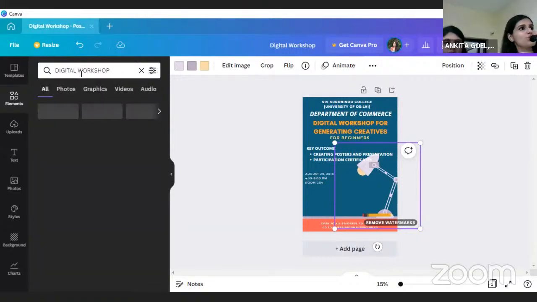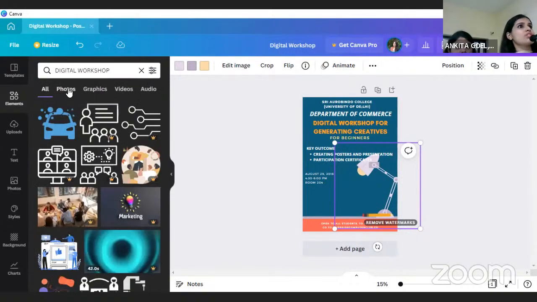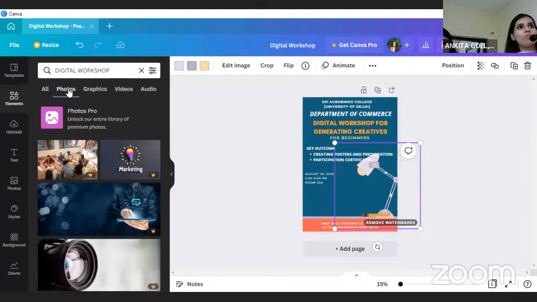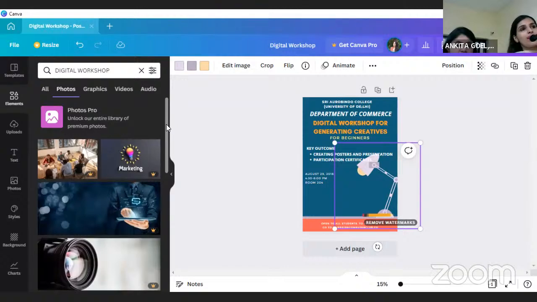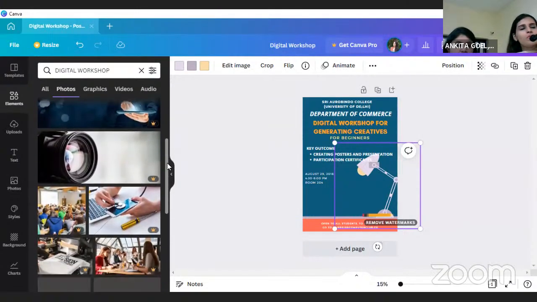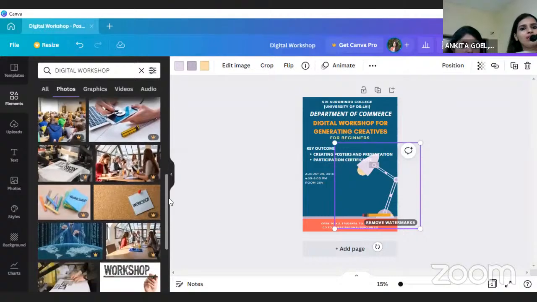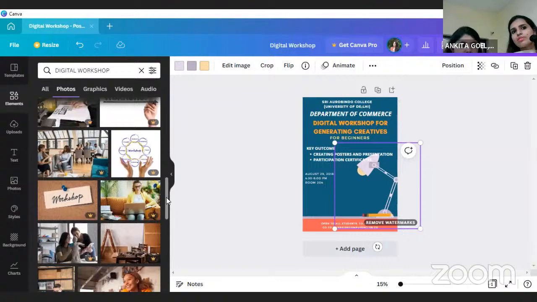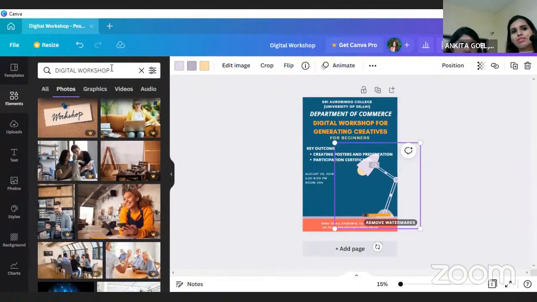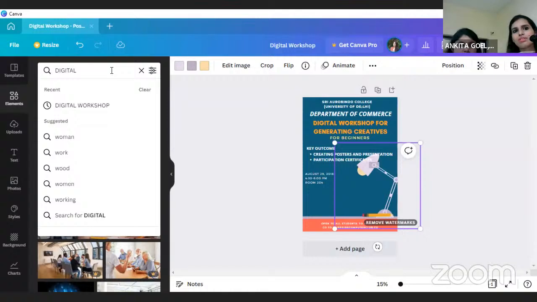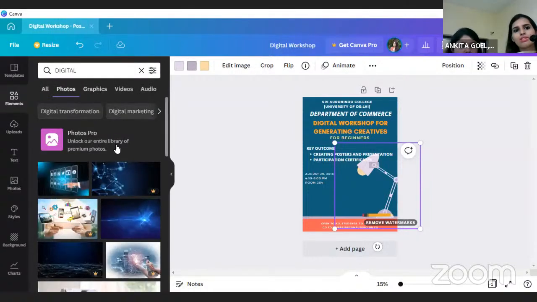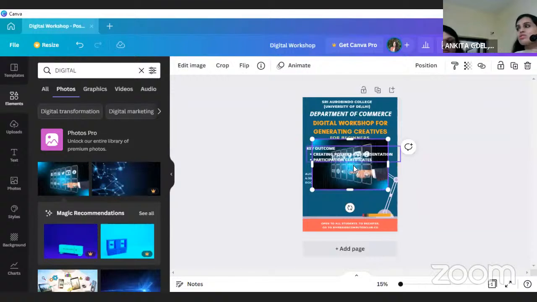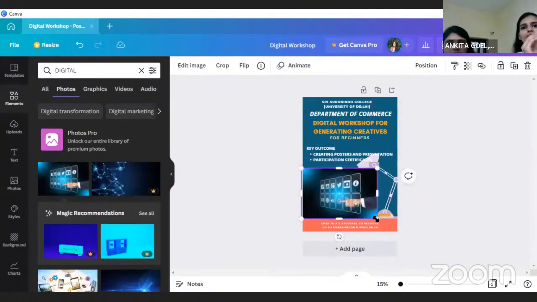Okay. So let's say this is a digital workshop. So I can type a keyword digital. So it would give me a plethora of options right in front of me and I can choose whatever picture that suits my poster. So we'll select one picture. So we have selected this particular picture,